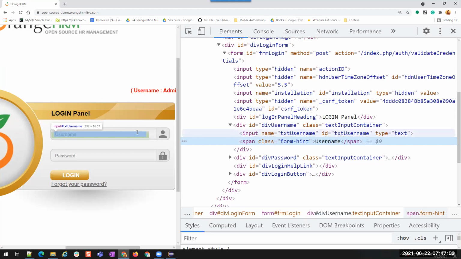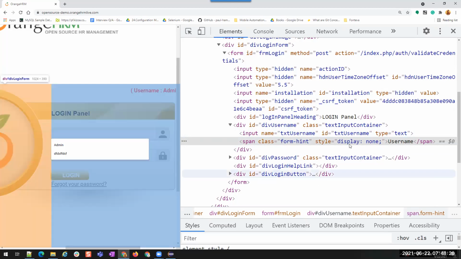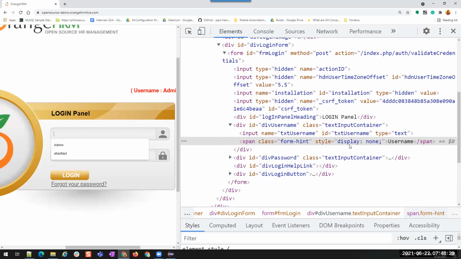Now when I click on it, observe it. What is happening? Right, because when we click on it, the developer wants to hide the default text. So that is why they are changing the style to display:none. So until we click on it, this will not happen. Whenever we click on it, the style will be changed. Agree? Okay, so now let us explicitly wait for the same thing, the style attribute to be display:none.